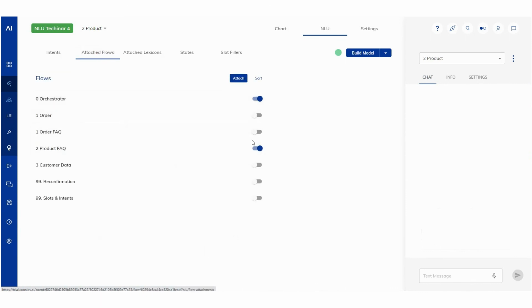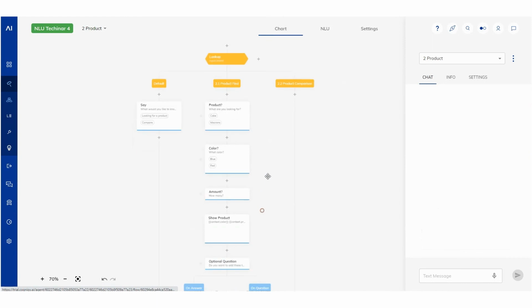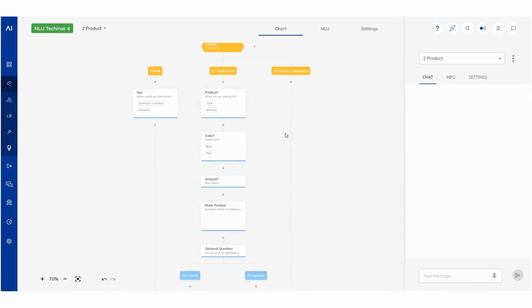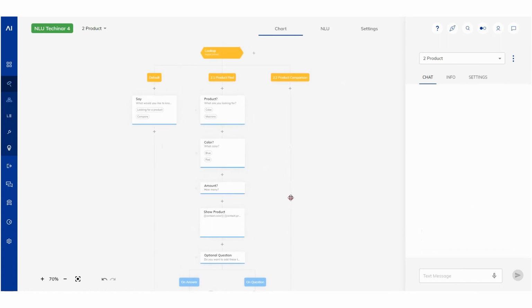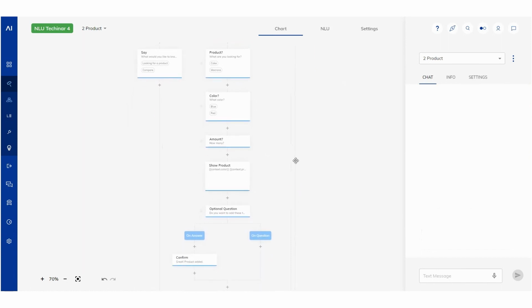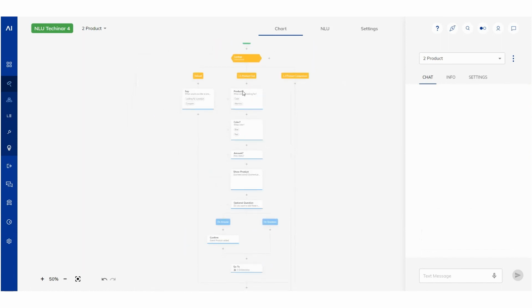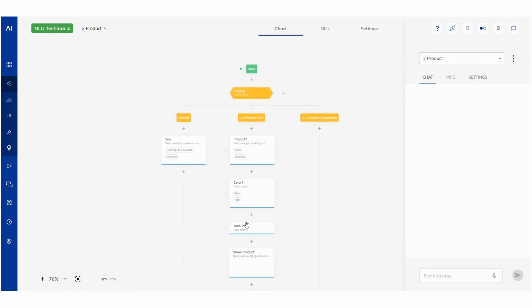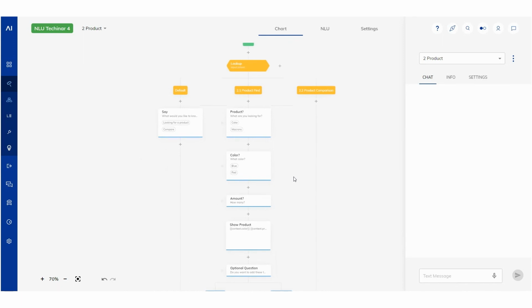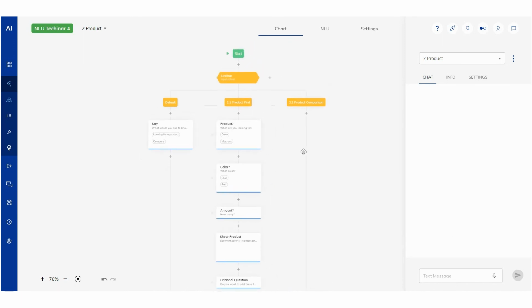The product FAQ is only available in this flow because this is where it makes sense. And it's therefore able to have an advanced concept like slot fillers while still having the ability to break out and answer related questions here. And the fact that we still have a very straight linear question flow makes it really easy to work with, right? It's a contextual FAQ that's available, but it does not pollute our flow here with unnecessary information.